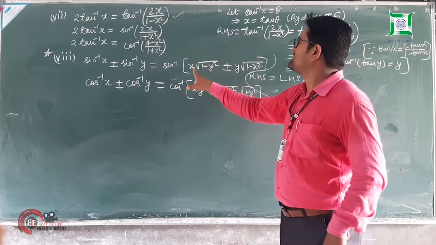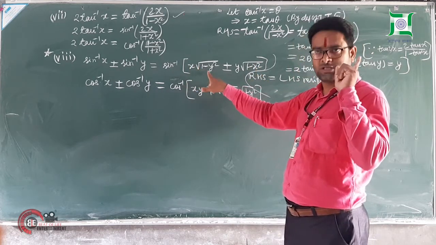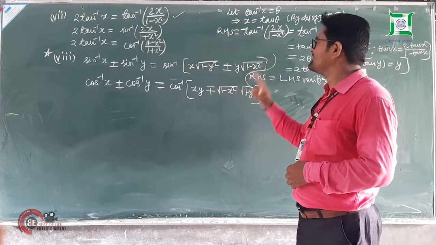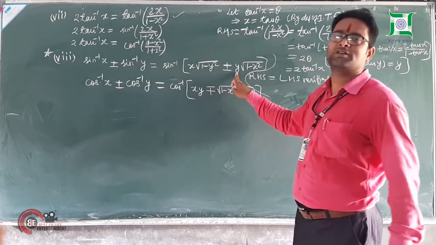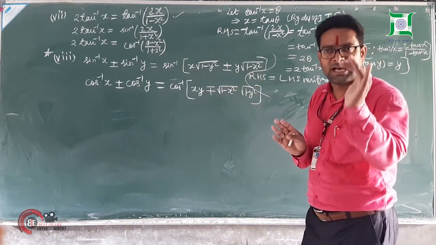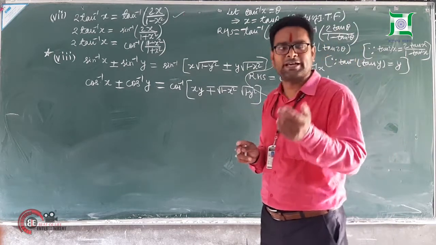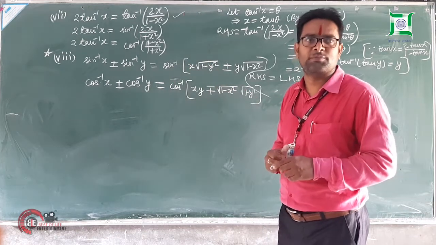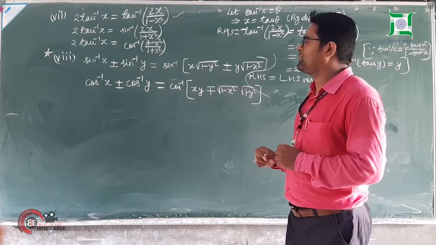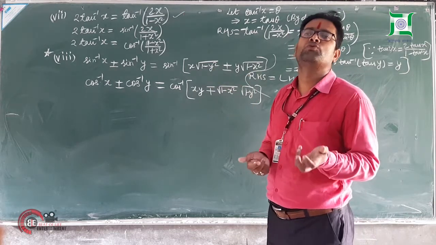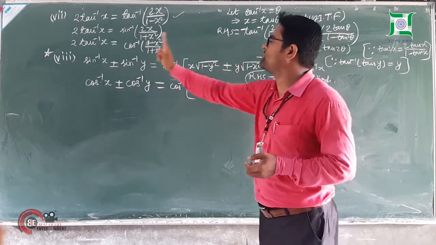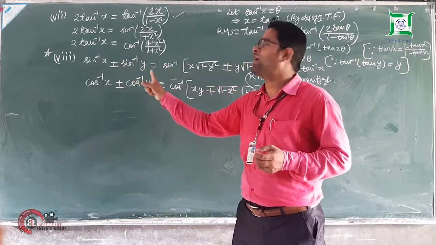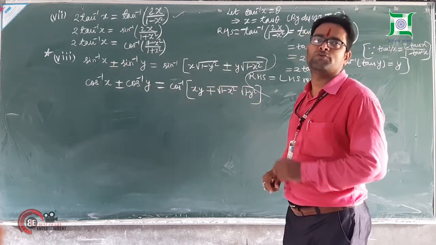Now you have got sine theta cos alpha plus cos theta sine alpha, meaning sine A cos B plus cos A sine B, or you will have sine A cos B minus cos A sine B. So in this way you will have this formula as a proof. From RHS you can easily move to LHS. How? It will be alpha, it will be theta. Now you can easily place them and you can prove.